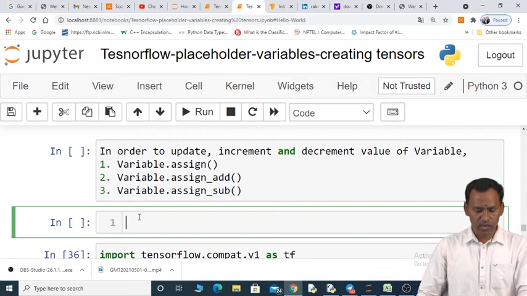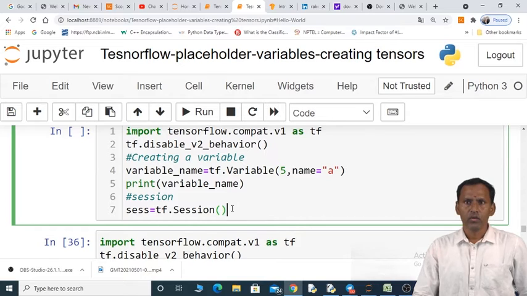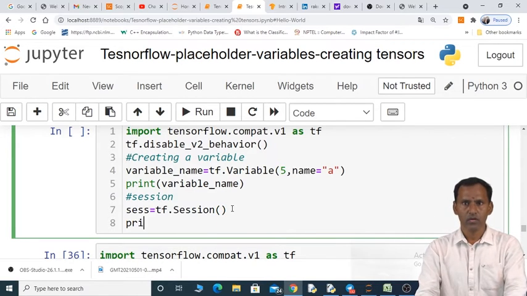Same thing here. I'll write the entire code here.